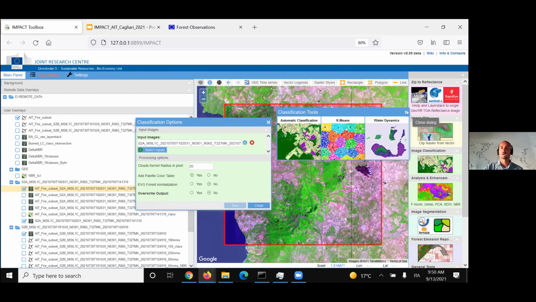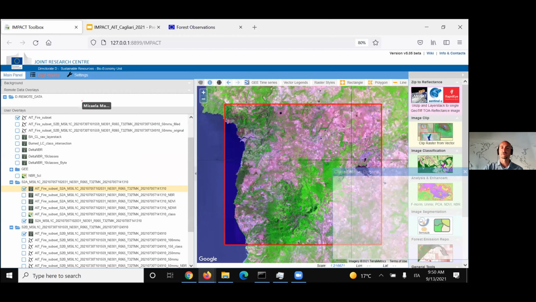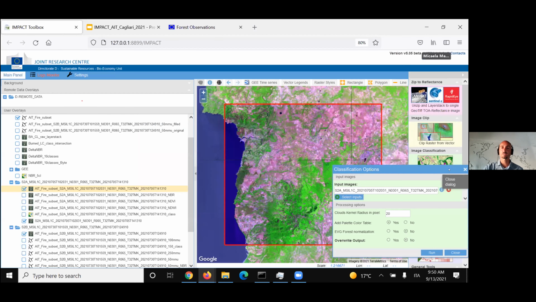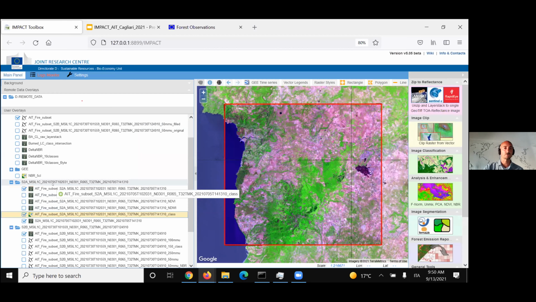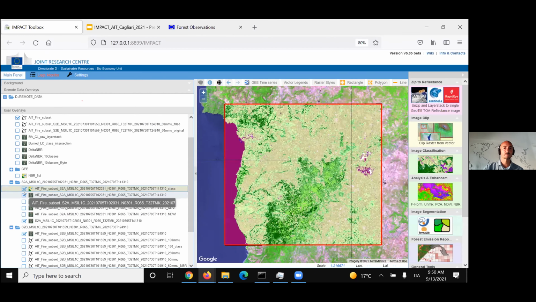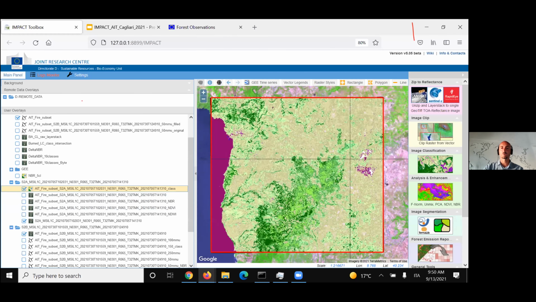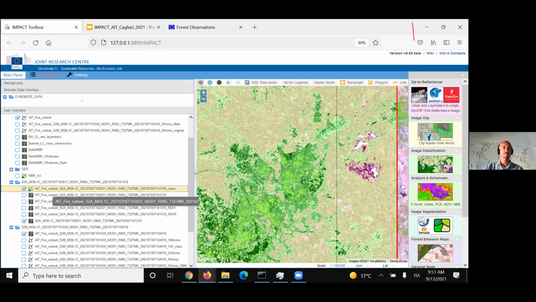Once it's done, and for this subset, it's very fast, it takes just a few seconds, you can see the result in your drive. Okay. This is the classification of the pre-fire image. The green classes correspond to the vegetation, then the soil, and some, okay, violet classes to dark soil,